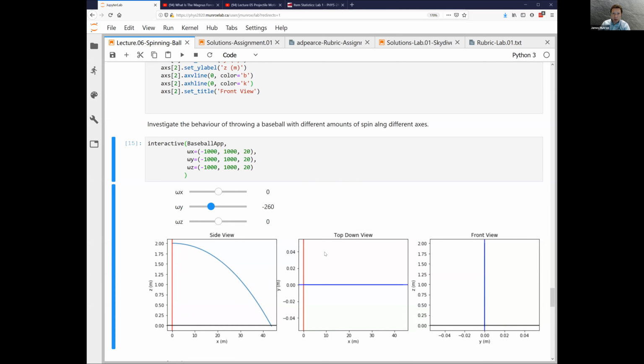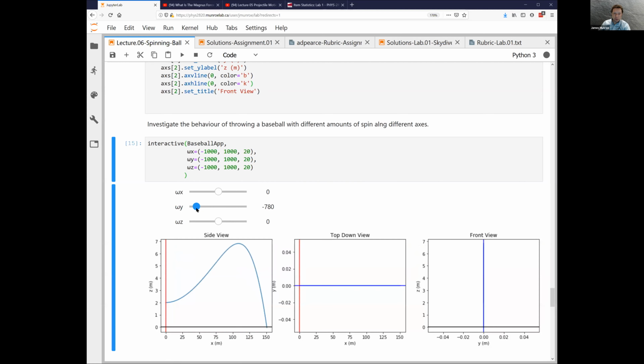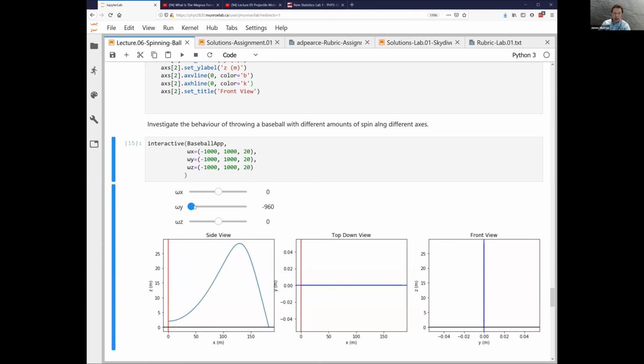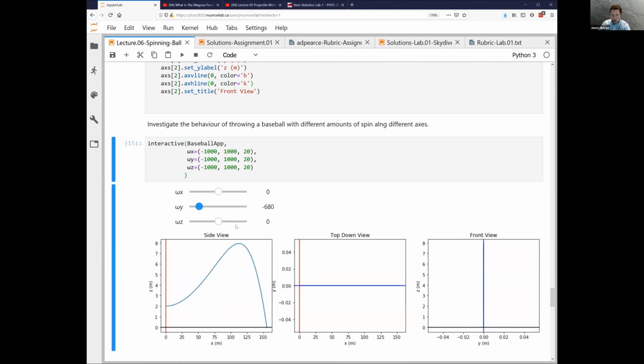Now, in the video, you saw this animation of them taking a light ball and really giving it a good spin, and it did a really interesting shape. So let's do that. Let's give it a lot of backspin. And you can see that if you give an object a lot of backspin, then you get this really interesting sort of set of dynamics. So what's happening is at every point along the model,